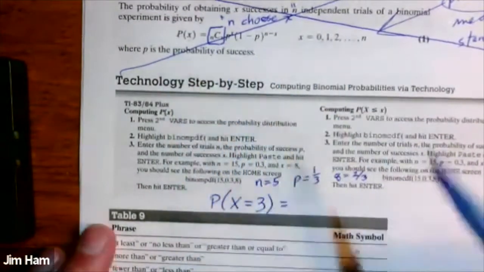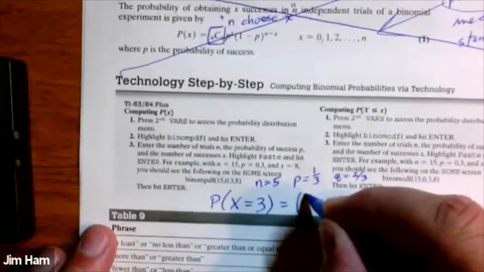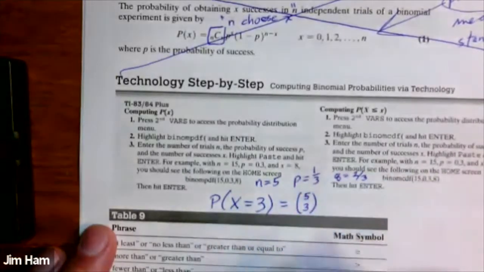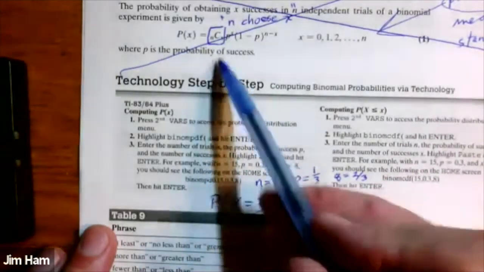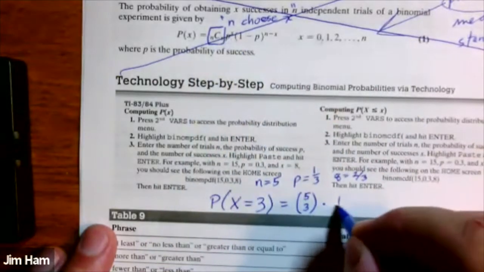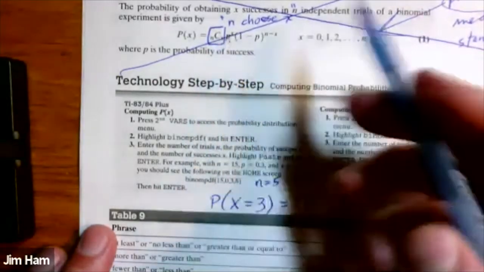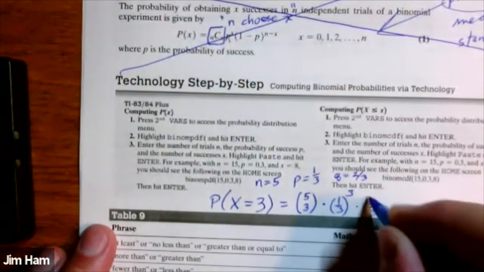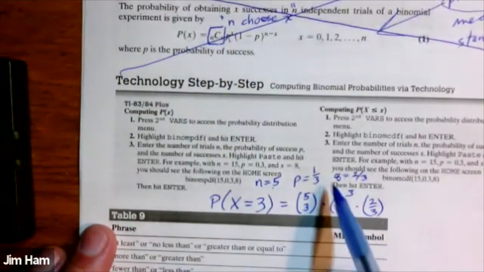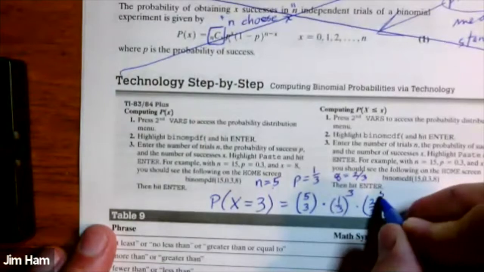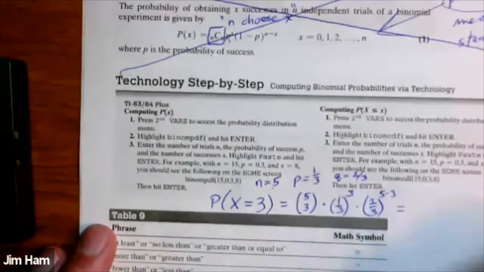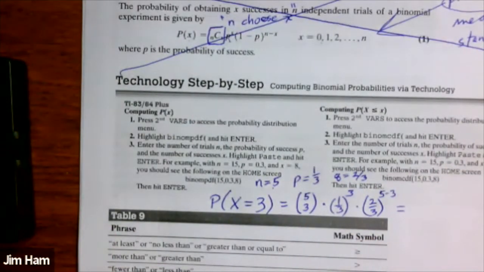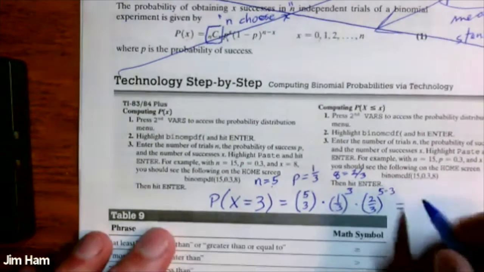The probability that X is equal to 3, with this information, if you were going to use this formula up here, it would be 5 choose 3. That's the nCr version. And then you have to multiply it by P to the X power, and then times Q to the N minus X, which is 3. So you can see what a mess this would be to try to calculate with your calculator. But what we're going to use instead is this function called